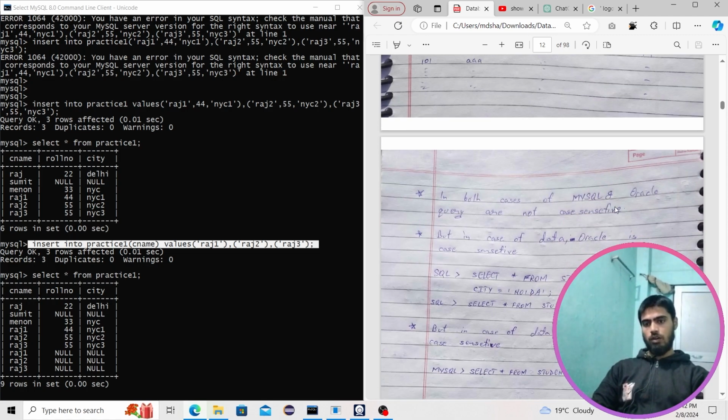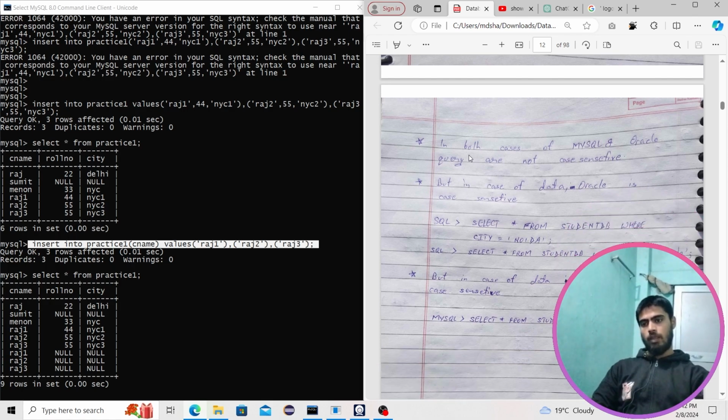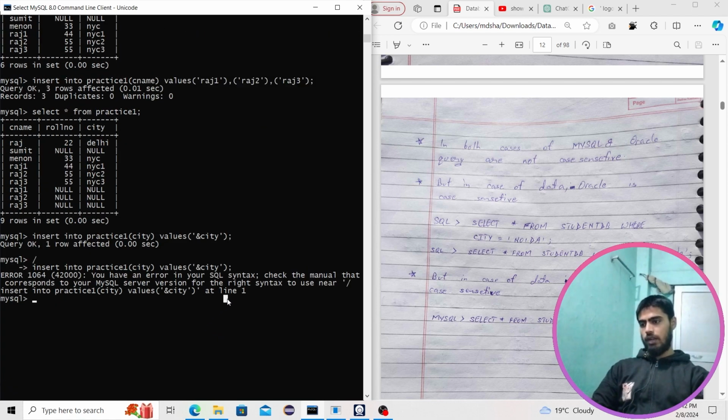In both cases of MySQL and Oracle, queries are not case sensitive, but in case of data, Oracle is case sensitive. What does this mean? In both cases of MySQL and Oracle, queries are not case sensitive. This means that if we are providing data or running any query like insert value in city, which is going to be, suppose, Patna,